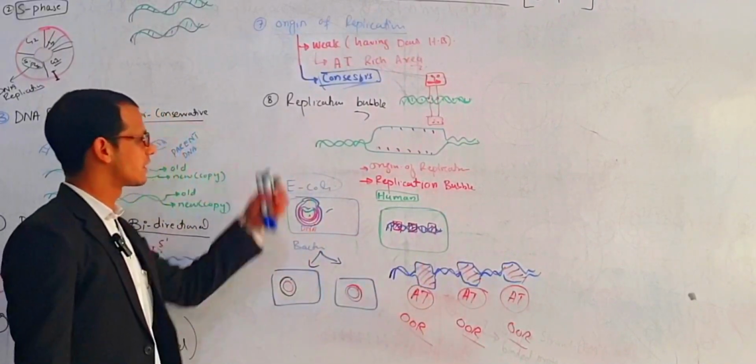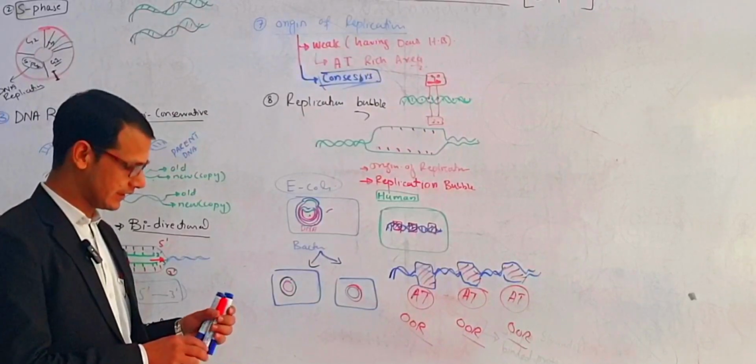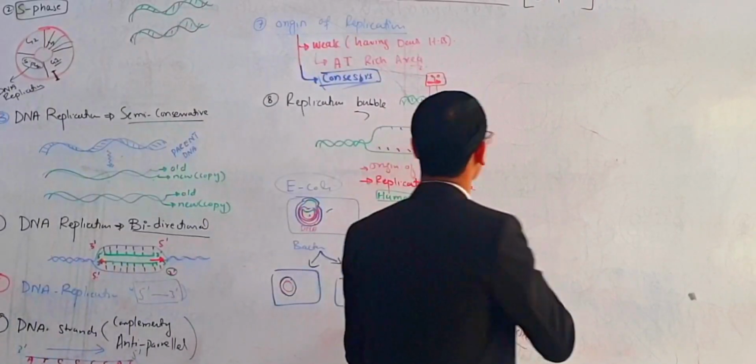This is the next point. The third one: the replication forks, formation of